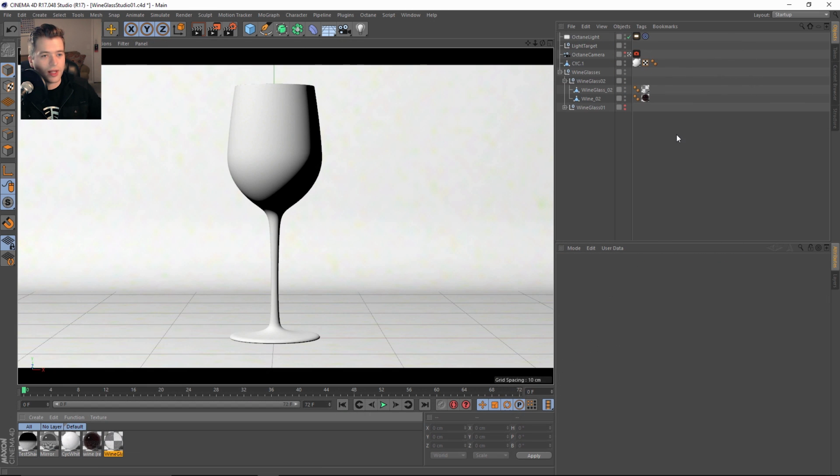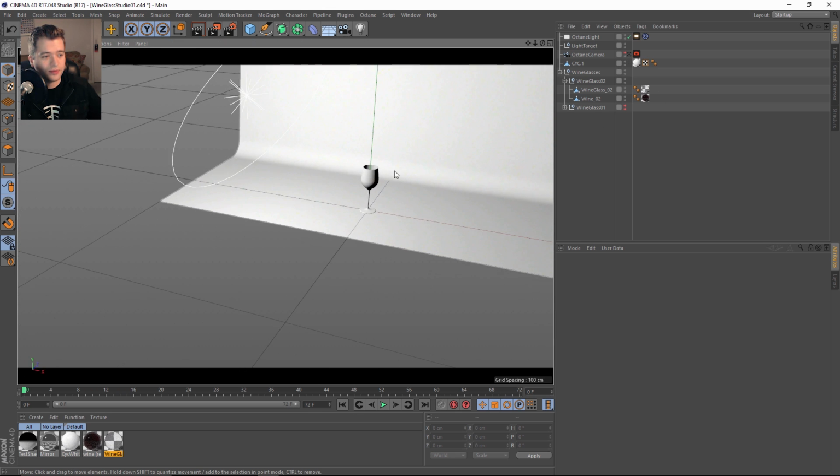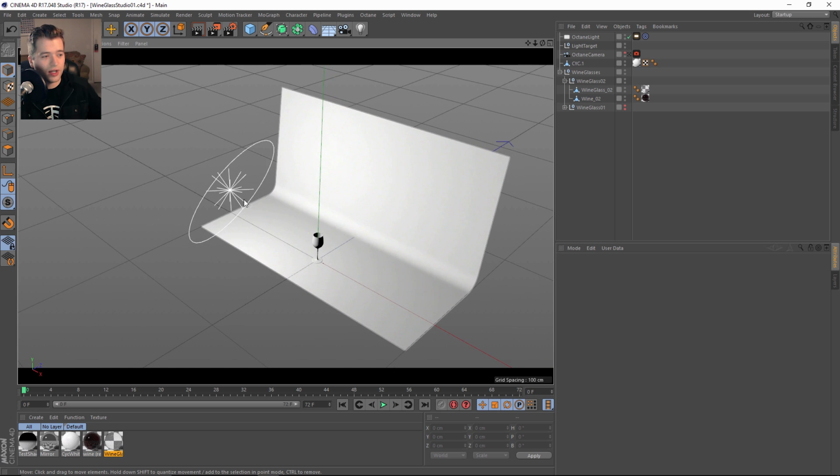I have a wine glass here, and this is a white backdrop. Let's go ahead and check out where the light is located. Now this light right now, this big disc, is basically just trying to create a highlight here on the wine glass and on the wine inside of the glass. So this actually has no environment, it's just one simple light.